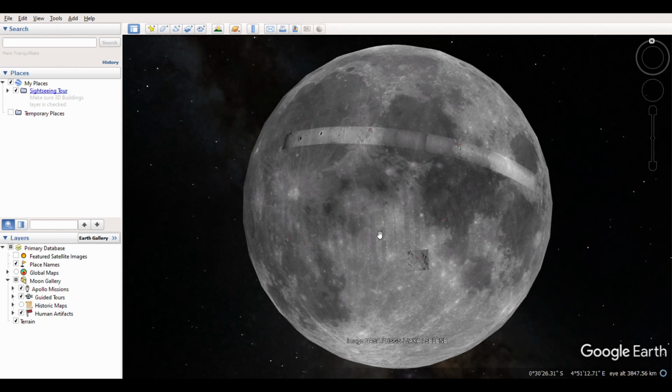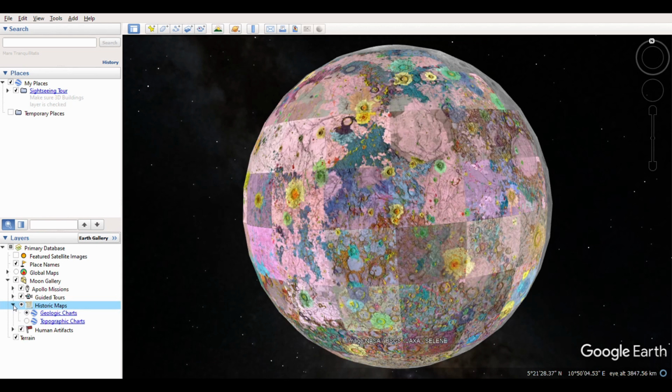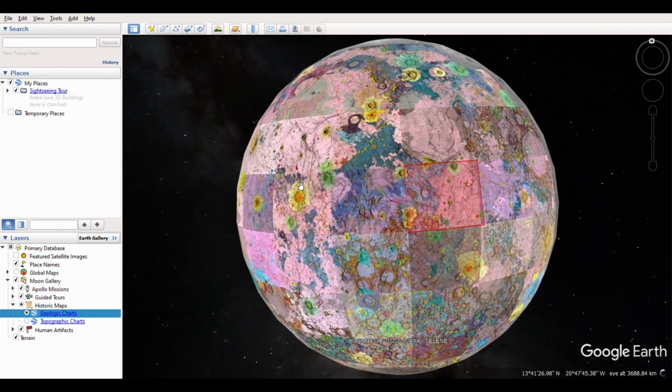Okay, now one of the main reasons I like to use Google Moon is because it's good for looking back in history and human exploration, particularly during the Apollo missions and so on. So for example, let's take a look at some historic maps. On the left hand side down here, if I click on historic maps, these are maps that were created around the time of the Apollo missions to help support the missions. We have some geologic charts here, and they're split up, I believe they're called quadrangles. Each map breaks it down into bite-sized chunks, and if you click on it and zoom in,